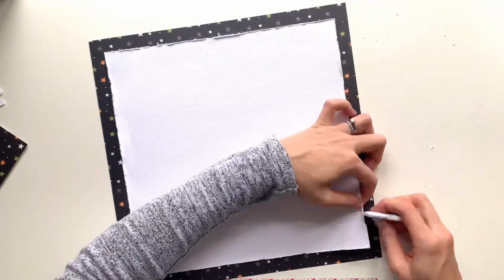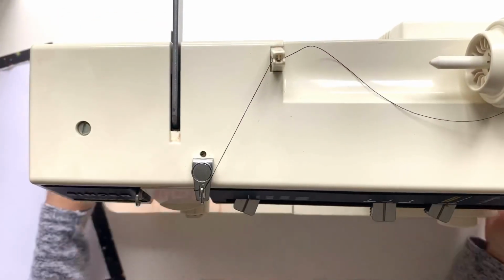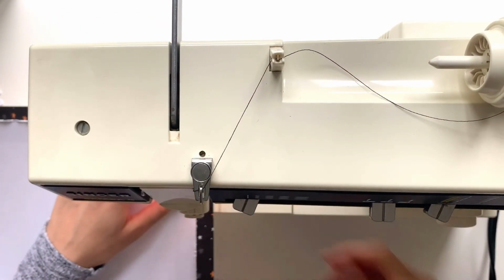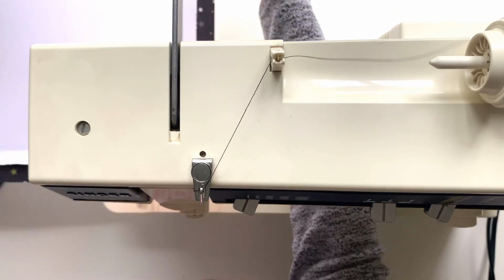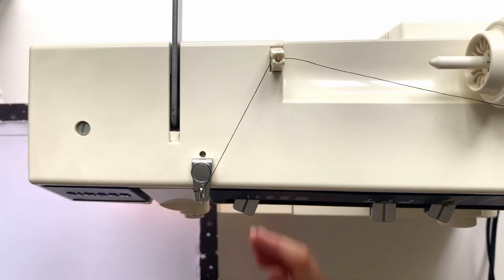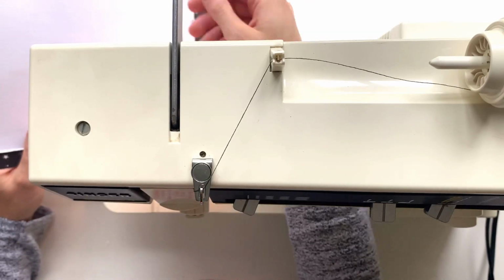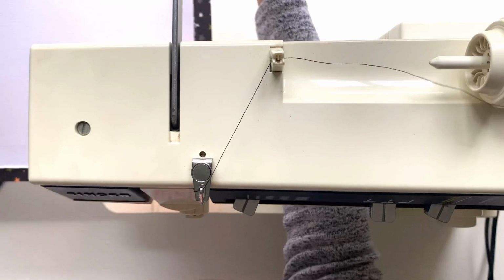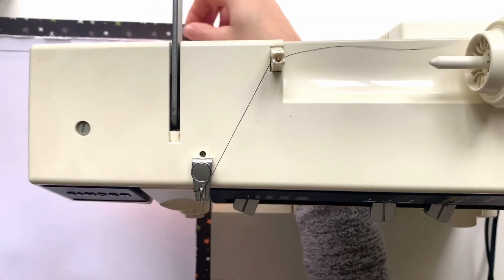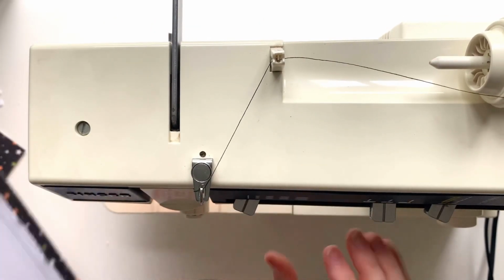And I've just tacked that in place with some double-sided tape. I've not stuck tape all the way around because I want to stitch it down using my sewing machine, and it really is starting to protest against double-sided tape. It's getting all sticky and clogging my needle up. So I just tacked it in place and used my edge distressing tool, and I've gone around the edges and distressed all of those, and I'm going to try and fold them up and curl them up a bit just to distress it further. So I'm just doing a straight running stitch in black thread all around the outside of that white cardstock,